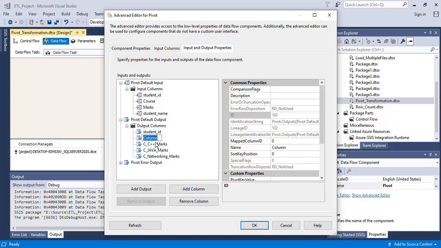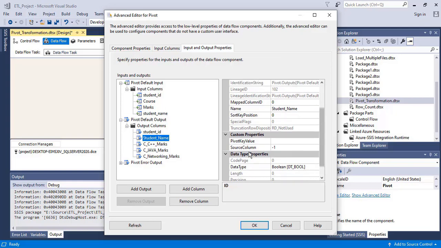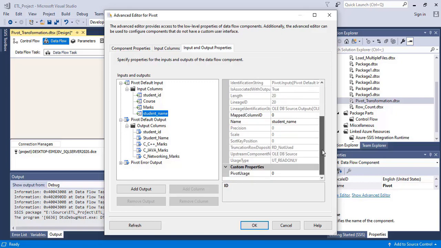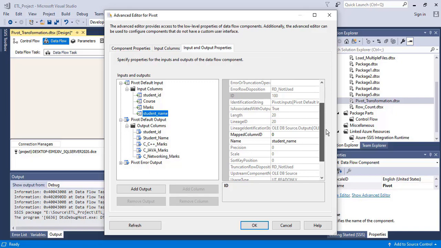So I'm going to mention student underscore name. Okay, I will click student underscore name. Source column is -1. Here student name, I need to click student name and the lineage ID is 20. This ID is 20.